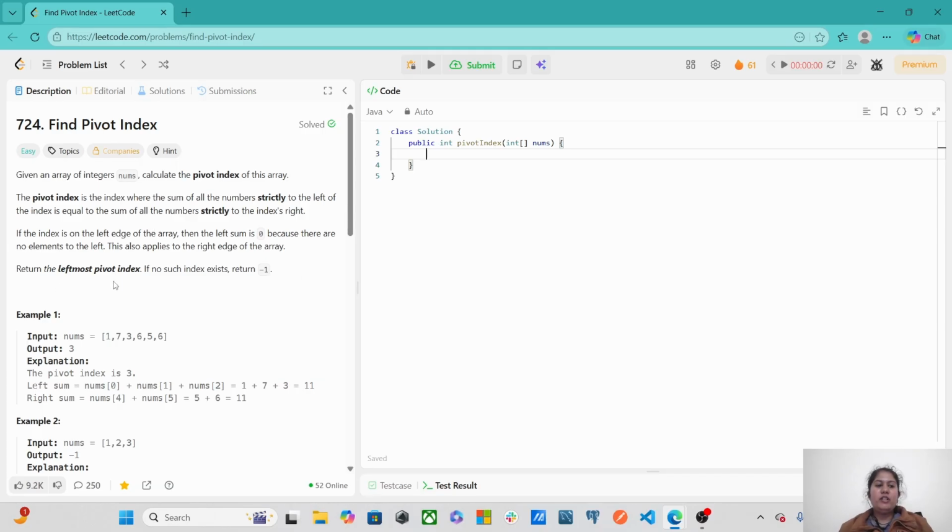Here, the pivot index that we return should be the leftmost one. Okay. For example, we are given this array nums. Let's check the example. Okay, and let's take left sum and here take right sum. Okay,